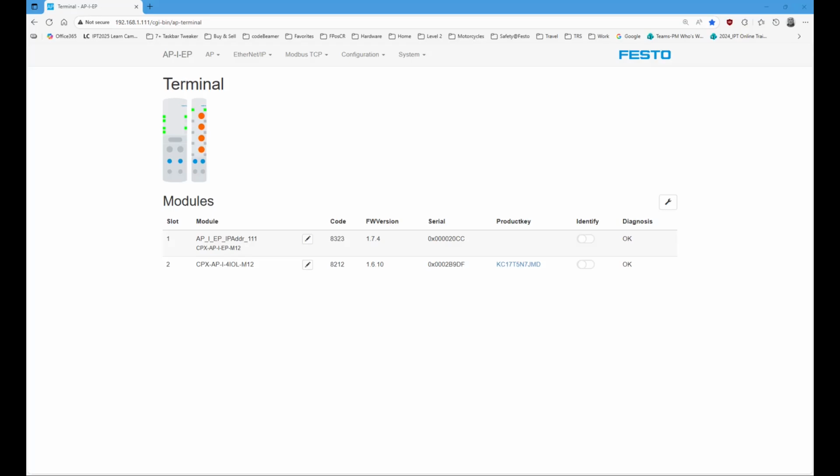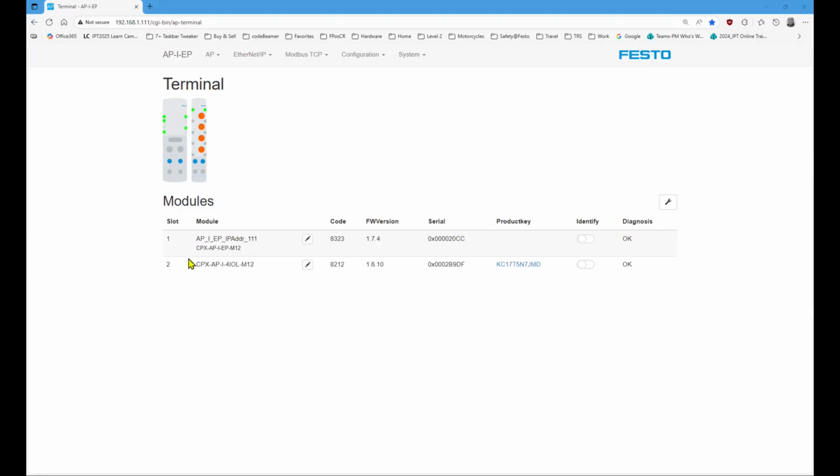Okay, we're going to be talking today about the CPX-AP-I or AP-A series with EtherNet/IP, and a common question from customers is how to reset the module. So I'm going to try and make this as convenient as possible and have some sample code along with some imports so that a customer can accelerate their project and get up and running real quick with some explicit message